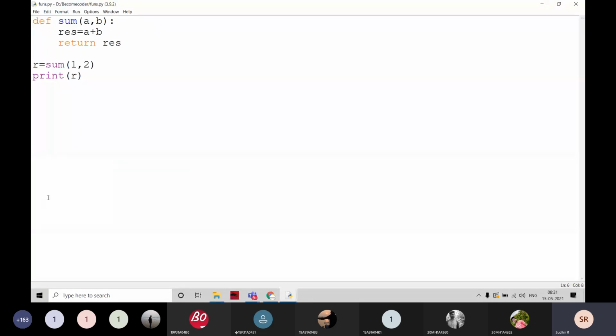Now we have to observe something from this sum function. What is the name of the function? This is going to be the function call. Just observe, everyone. What is the name of the function, students? Sum, sir. The name of the function is going to be sum. How many arguments am I passing? 2 arguments I am passing. Does the function have a return value or not?